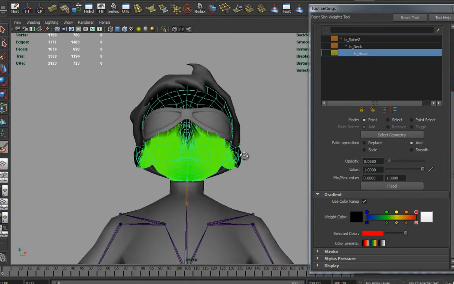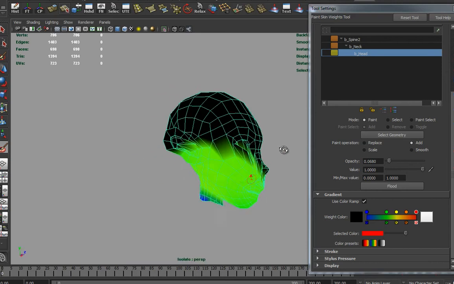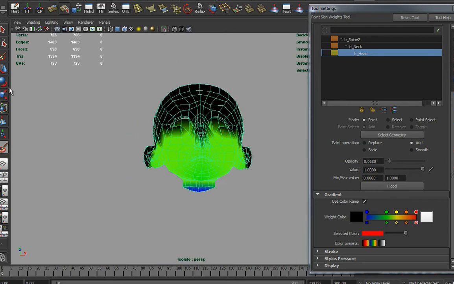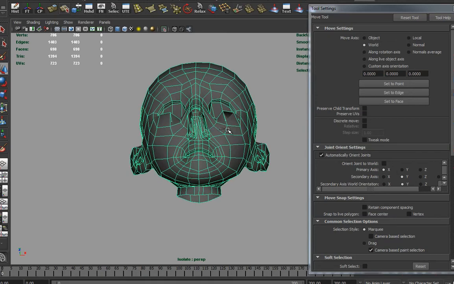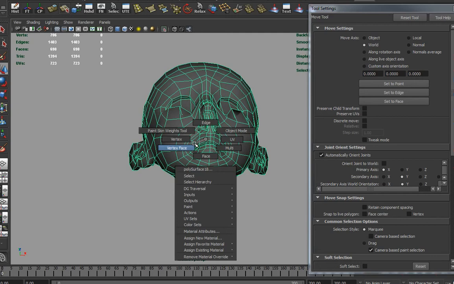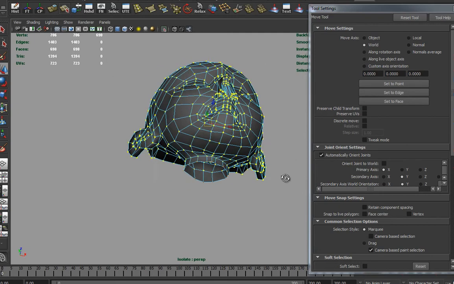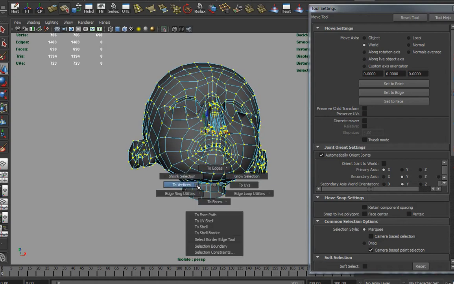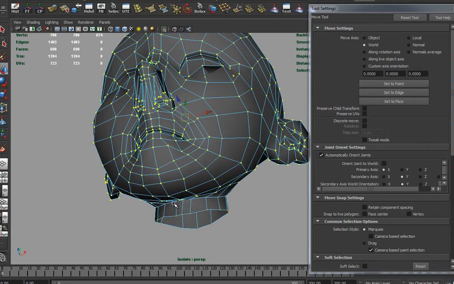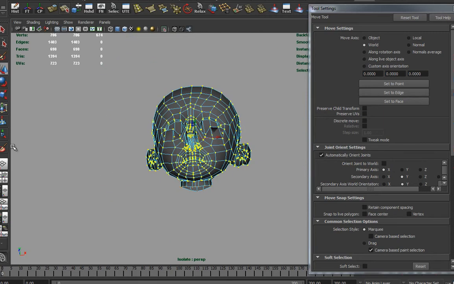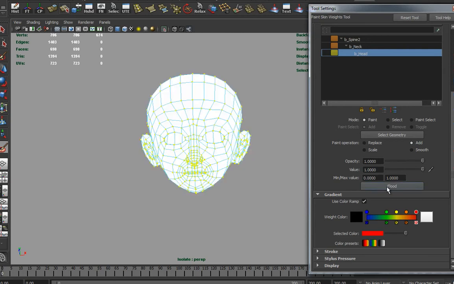A little trick I can do here. I'm just going to isolate this so it's easier to look at. Okay, a little trick I can do is if I decided that I want to paint all these vertices, but sometimes they're getting little nooks and crannies and they get hard to paint. If I go in and I grab all of the vertices, okay, and I'm just going to shrink that selection so I don't have all of them here. Okay, I've got everything except for that little ring right there. And I go back here to the paint skin weights tool. If I have add on and I have it on 100%, I can hit flood and it gets them all